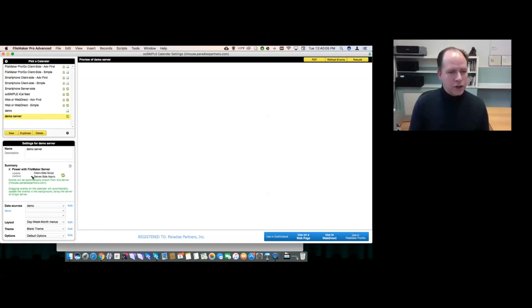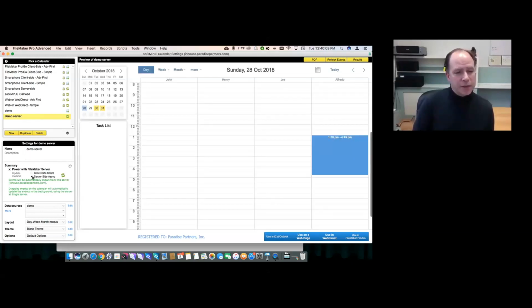And I'm going to change it to server side async. The difference between client side script and server side async: client side script runs a script inside the FileMaker Pro client or FileMaker Go client. So it uses scripting inside those two tools, inside those two applications. Server-side async does all of its synchronization automatically using server-side technology, using either PHP or the data API, depending how it's been